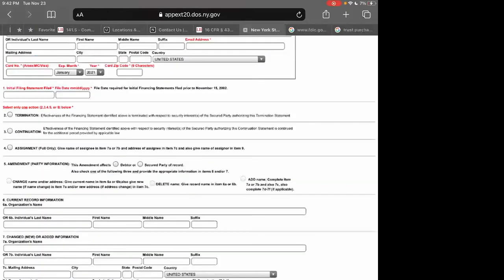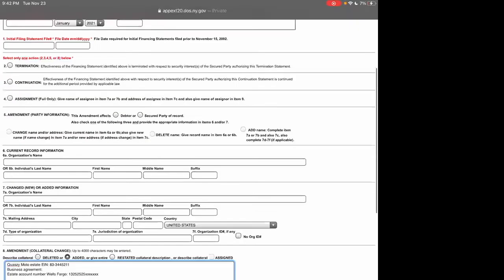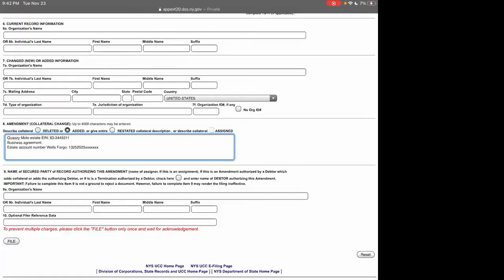This is when you would use this right here. You add that, you put the bill of sale number on there, and you list the property. You can describe it if you want to, or you can be very simplistic. It doesn't really matter. You don't have to attach a copy of the gun, or rather the arm. Just listing that and attaching the bill of sale works perfectly fine.